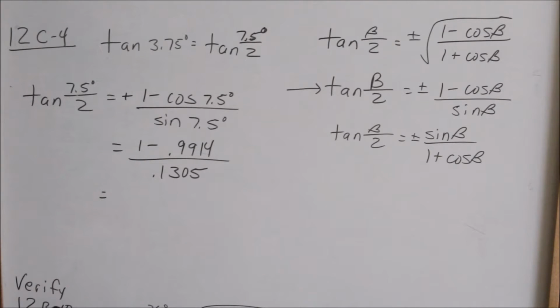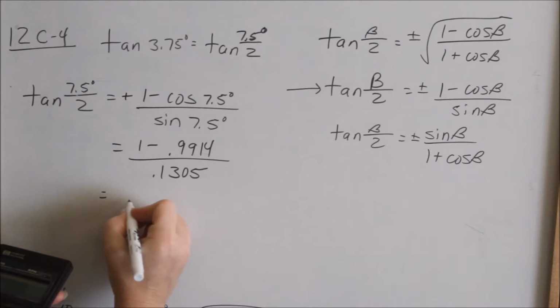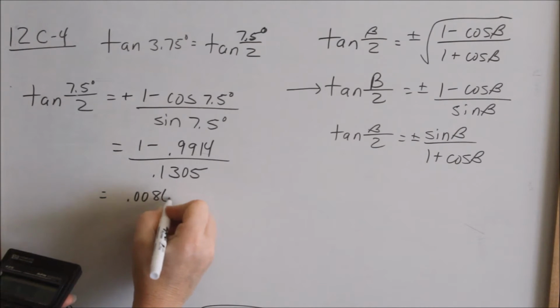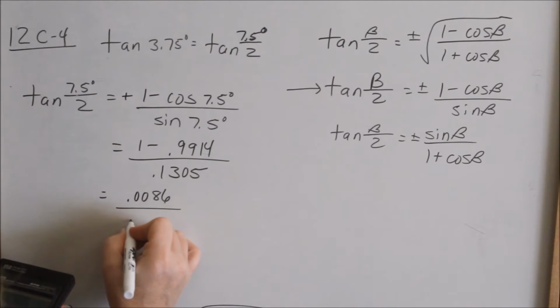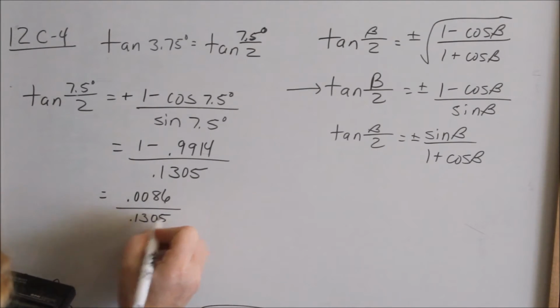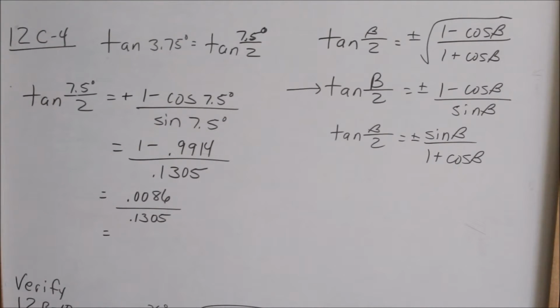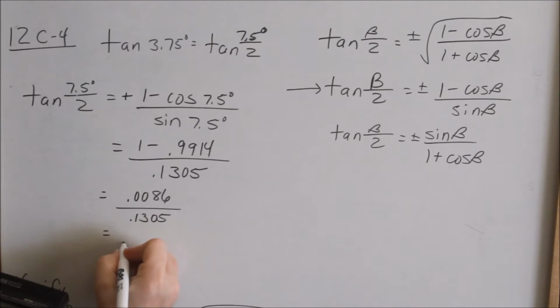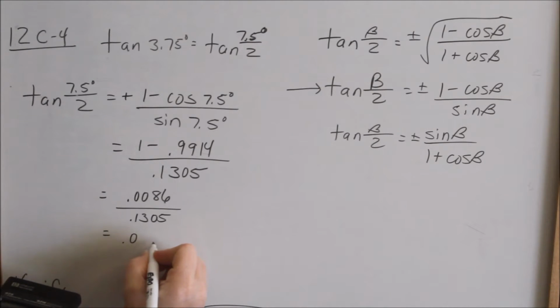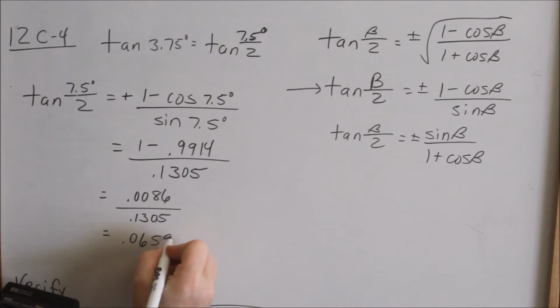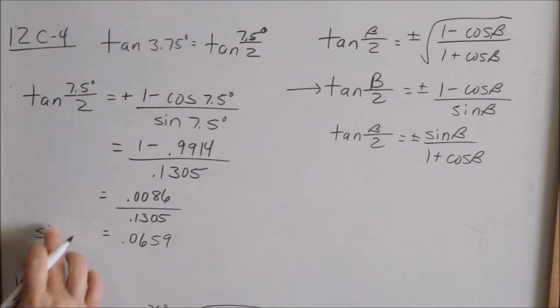So 1 minus that, 0.0086 divided by 0.1305. That equals 0.0659, and that should be